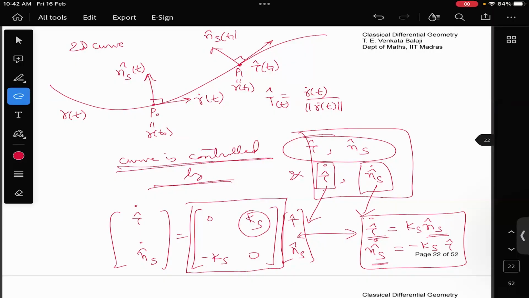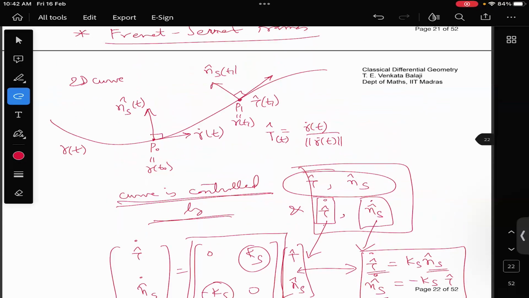Okay, and rigid motion will involve only translation and rotation. And what I want you to appreciate is that this k_s, the signed curvature, comes here. You see, the signed curvature is so important. The sign of the curvature keeps track of the dynamics of the curve. The signed curvature gives rise to this matrix differential equation, for which the curve is the unique solution up to rigid motions. So you see, you have this very beautiful thing, and therefore this T-hat, N-hat is called